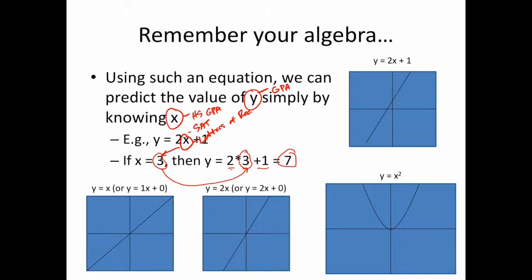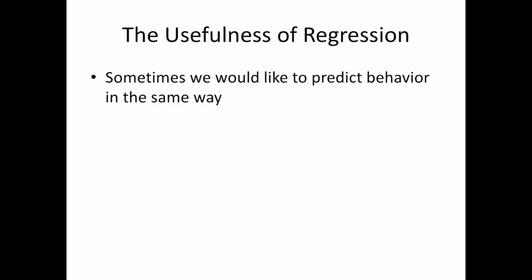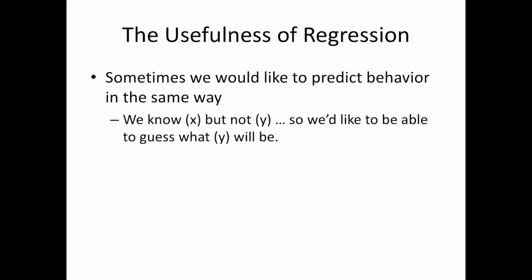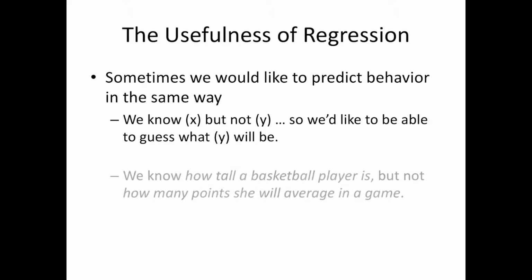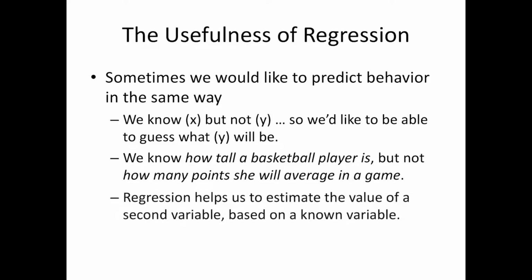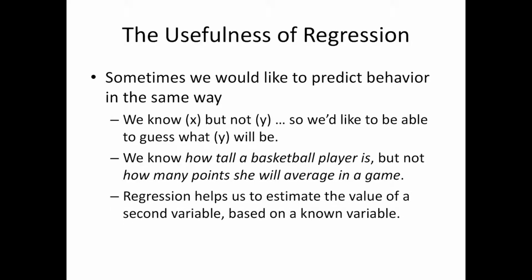But the idea is that you can make a prediction about something unknown based on something known. This becomes useful because oftentimes we want to predict behavior in the same way. So we know something, but not something else. We know x, but not y, and we'd like to be able to guess what y will be. We may know how tall a basketball player is, but not how many points she will average in a game. For instance, in a situation like this, regression could help us to estimate the value of a second variable based